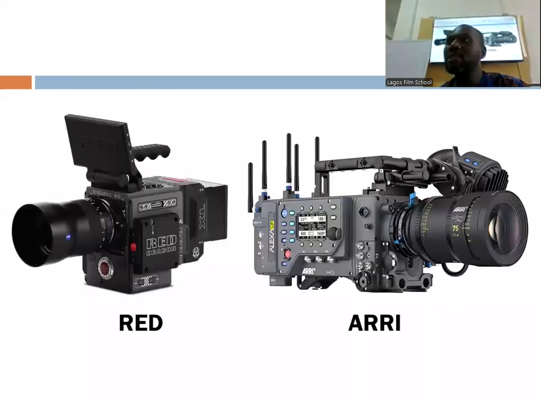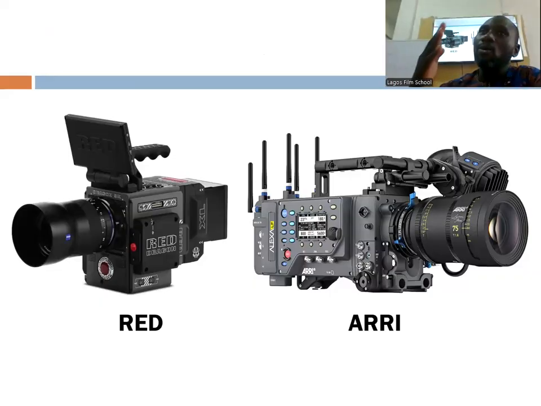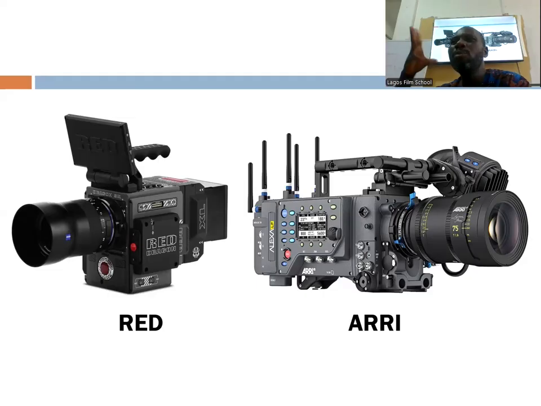Same with these other ones, perfect for film, not so much for video, because the quality of the image you get from them is film-like. 80% to 90% of films that win the Academy Awards for Best Picture are shot with the ARRI. It's strange that in Nigeria, we shoot more with the RED than with the ARRI. Nigeria has a warped sense. I don't understand how we do it.